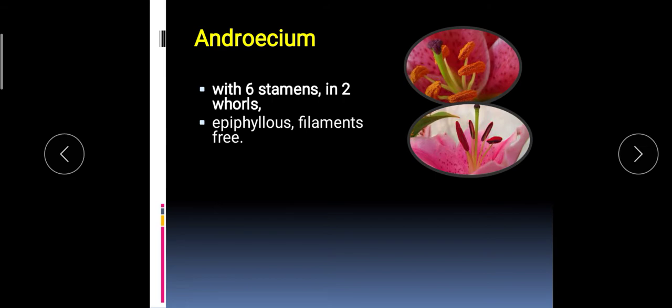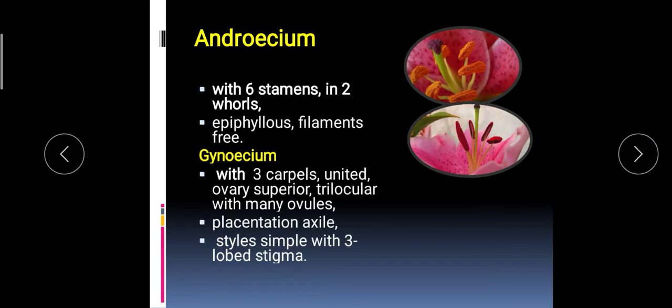See here again, 6 stamens, and that's a very simple, typical condition. But in the case of Zingiberaceae there are many complications in arrangement: fertile anthers very few, all the rest are staminodes. But here nothing like that. All are fertile and in 2 whorls, 6 stamens, with free filaments attached on the tepals. Looking into the gynoecium, with 3 carpels, tricarpellary, united, that is syncarpous, with trilocular